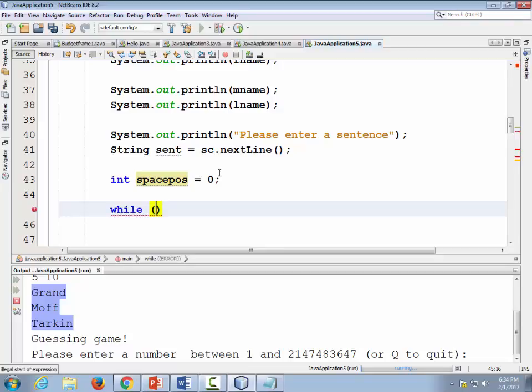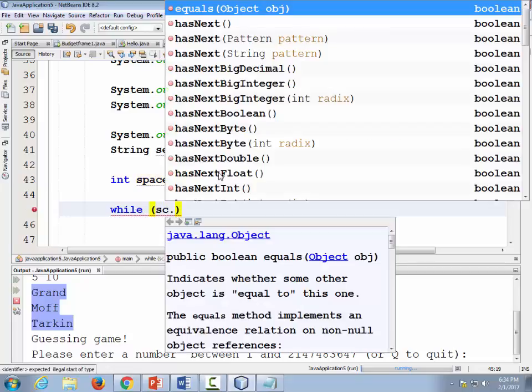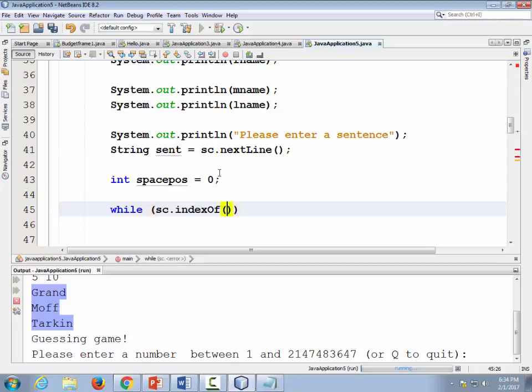While sc.indexOf a space starting at the space position is not equal to -1,